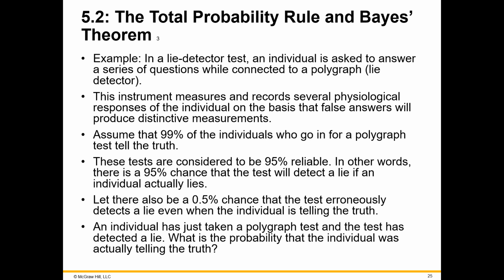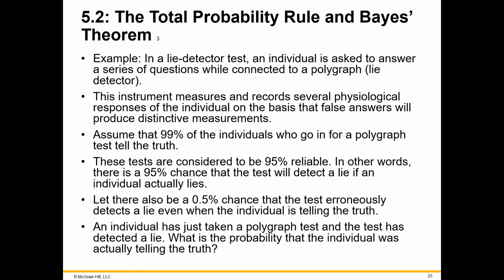So when people lie, they tend to get more nervous and the test can check it out. But some people will just be so nervous that the test false reads and thinks that they're lying because of the way that their body is reacting to being in that situation. We are estimating here that there's a 0.5% chance that event's going to happen. If someone comes in and is honest to goodness telling the truth, but because of the way that they're acting during the lie detecting test, about 0.5% of the time it's going to come up thinking that